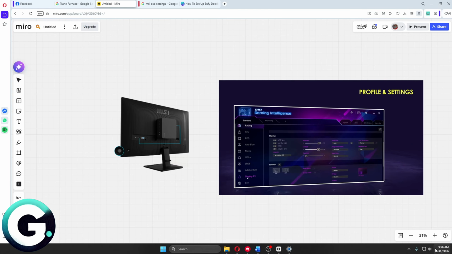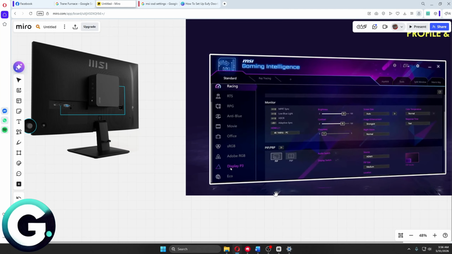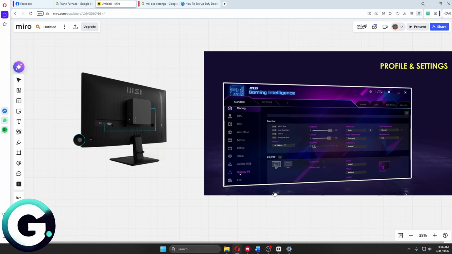So you want to click on the sound icon right here. Click on settings once more and just look for your MSI monitor. So in my case, it's going to be this one, the 24E3. You could just go ahead and select this, and right after, we then have to enable the speaker sounds onto